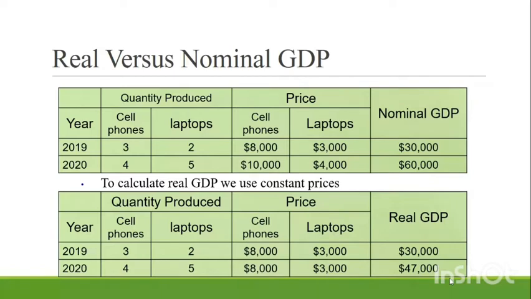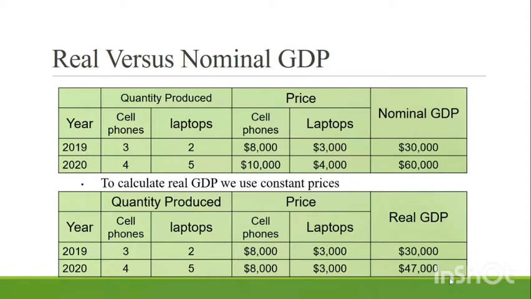In the first column of this table, we have the year. In the second column, we have the quantity produced, and within the second column we have the cell phones and the laptops. So we have two products. In the third column, we have the price for these products, and in the last column, we have the nominal GDP. Now, dear students, suppose there is a country that has produced three cell phones and two laptops in the year 2019. The price for each cell phone is $8,000 and